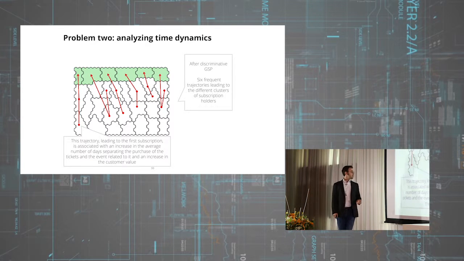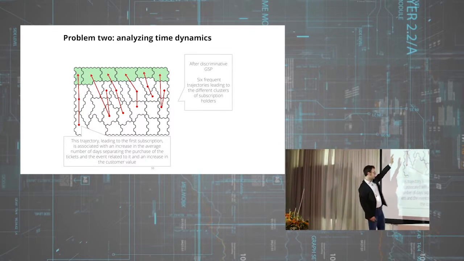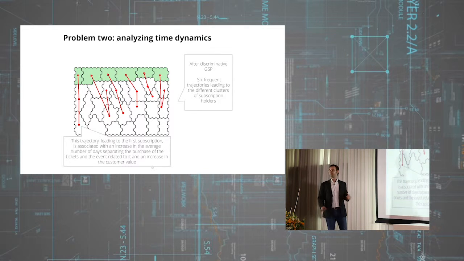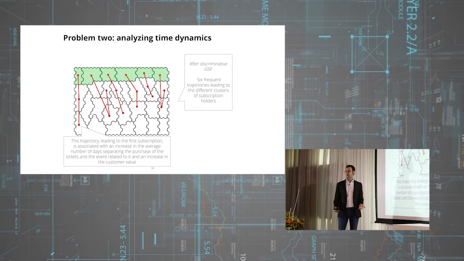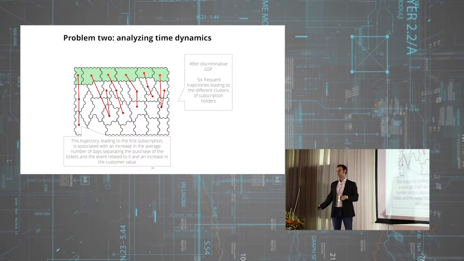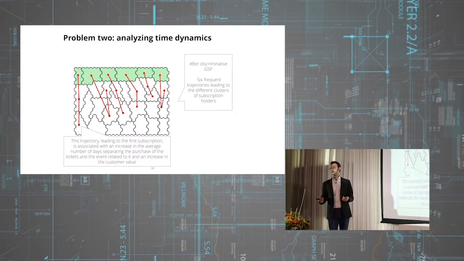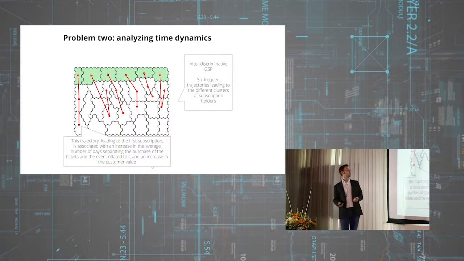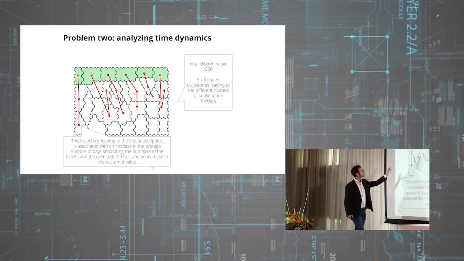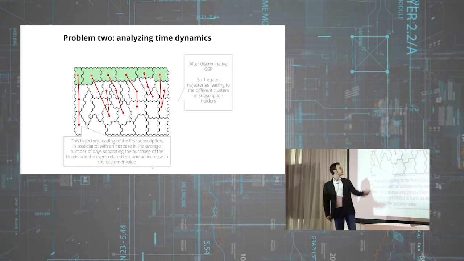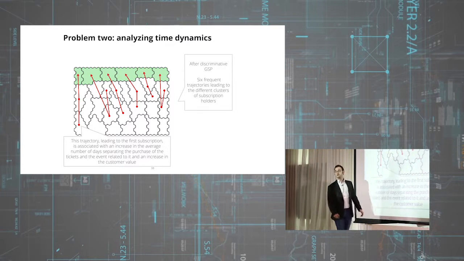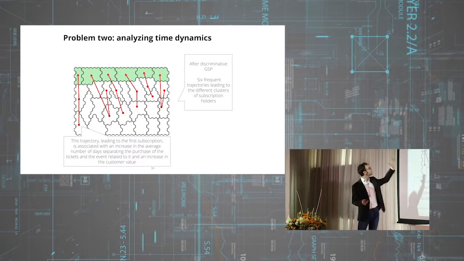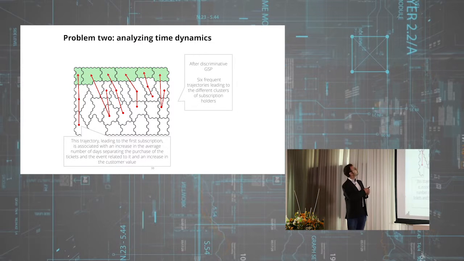In this case, for instance, what we see is that this movement corresponds to an increase in the average number of days separating the purchase of the ticket and the event itself. So what this basically says is they buy more upfront. That means they're interested, because instead of just buying a ticket 1 day or 2 days before, they already buy a ticket 1 month before, because they really know they want to go to that concert, to that venue. And also, another variable we saw there was an increase in the customer value. So you could do this analysis for all 6 patterns you find, and then understand the changes in a customer that cause them to become one of these 6 groups here,